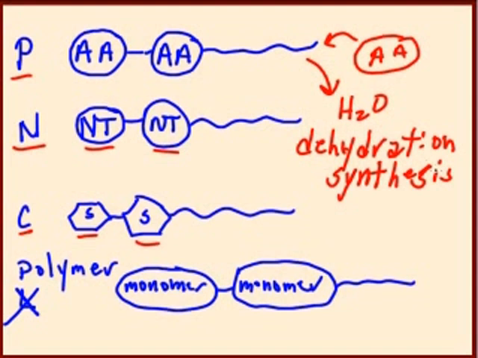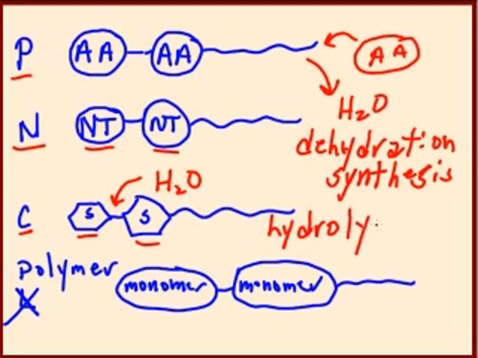And to actually break a polymer, we have to add water. And so when you add water to shorten a polymer, we call this process hydrolysis. So hydro for water, we're using water to lyse the polymer. Hydrolysis. Okay, but the main point of this slide here is just to show you